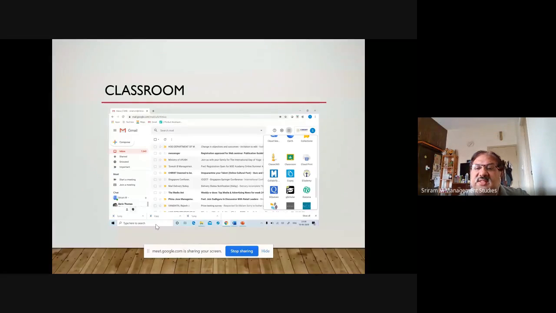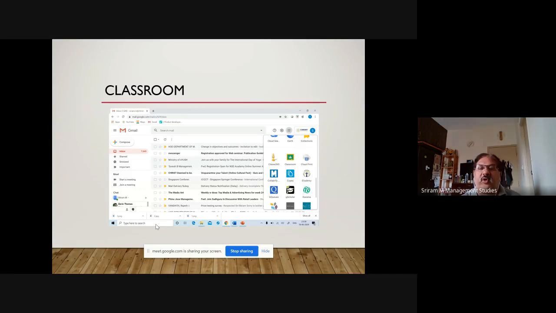Doesn't make a difference. You can see those 9 dots which are there on top. Those 9 dots are where you can choose all these options. So you will find everything. Now I'm just showing you the option for classroom. Even your calendar will be visible in this particular panel, where you have all the Google applications which you can possibly use. When you go through this, you can find a classroom icon next to Class 365. So this is what we'll be using for a classroom.